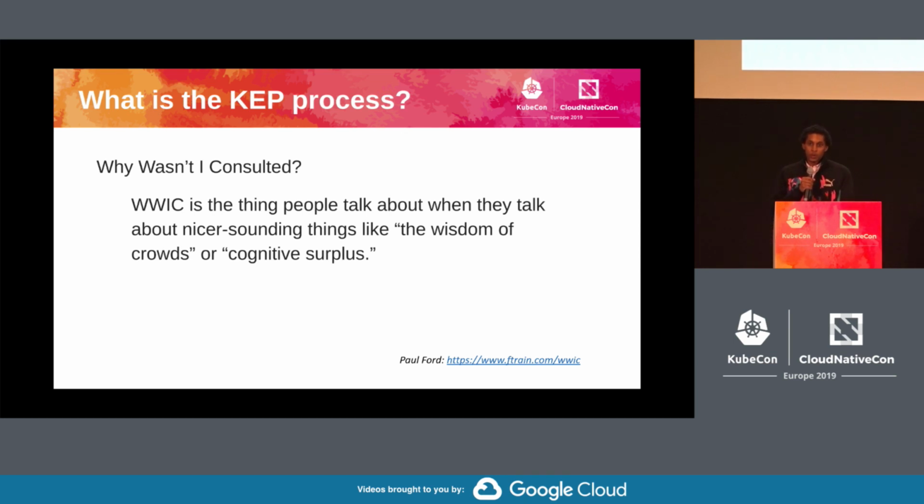And this goes to a basic need for humans to feel like they are involved in decisions which affect them. We're a very large project, and if you've tried to keep up with all the goings on, I'm sure you've felt that there's just a lot going on all the time, and you want to have as many opportunities to get as many eyes on a proposed enhancement as possible.